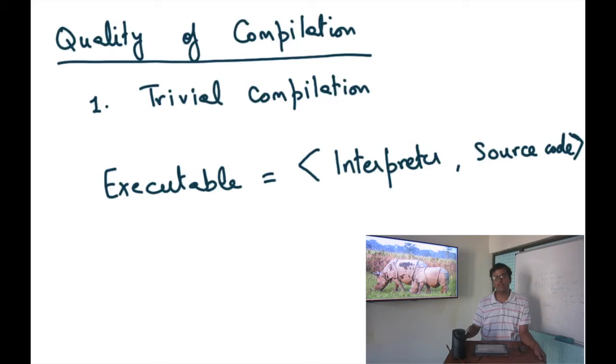So the improvement that we get by doing this partial evaluation upfront can be thought of as the quality of the compilation. And you can imagine that a trivial compilation would involve just storing the interpreter with the program source code as a tuple, right? So in this case, the executable would just be the interpreter's code pasted along with the program source code. And when we invoke the executable, it just runs the interpreter, supplying the program source code as the first input, so the program input.